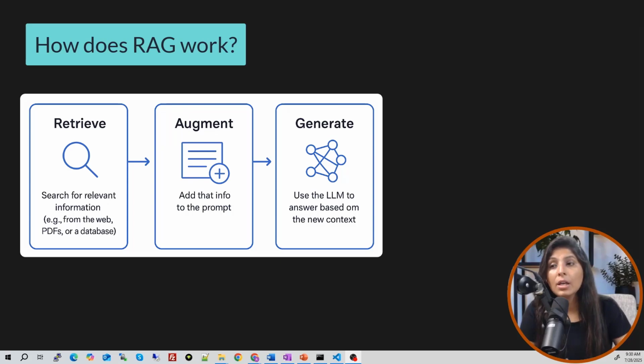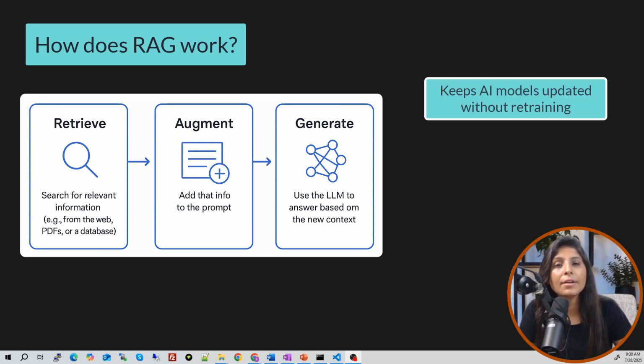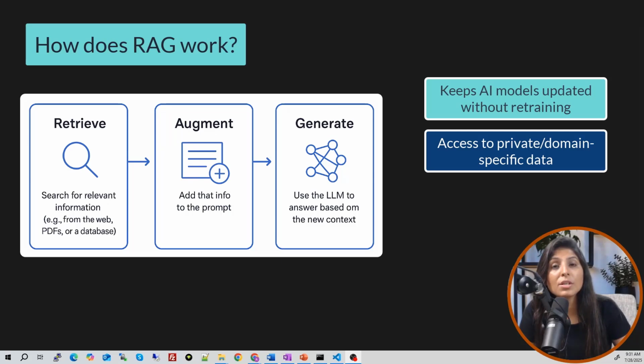Why? Because RAG keeps the AI model updated without retraining. It allows access to private or domain specific information. What it means is, let's say the LLM you are using was trained 6 months ago, and LLMs are trained on publicly available data, and now you want to ask a question related to your company. Let's say you have a startup and you want to ask a question related to the data of your company.